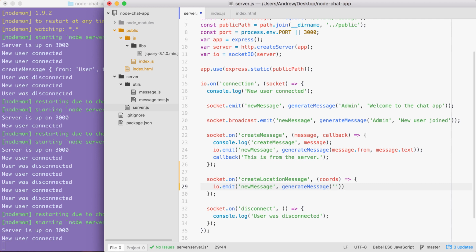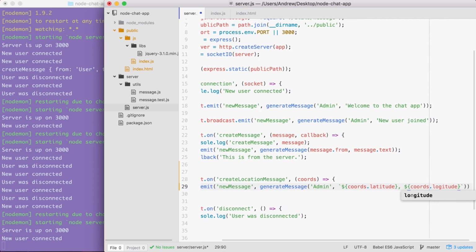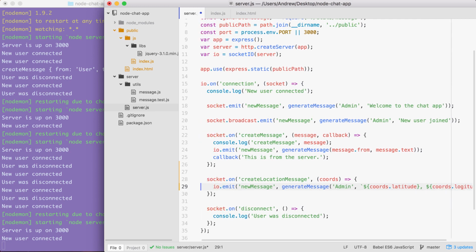I'm going to go ahead and type in admin, and we are going to set the text. For now, we're simply going to set it equal to the coordinates. Let's go ahead and use a template string to set that up. We're going to first inject the latitude, which is available on coords.latitude. Then we're going to go ahead and add a comma, a space, and we'll inject the longitude, coords.longitude. Excellent. Now that we have this call in place, the location information is going to get passed back and